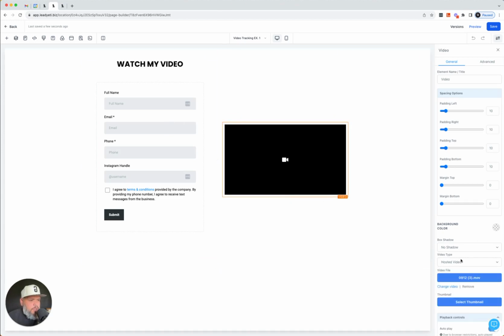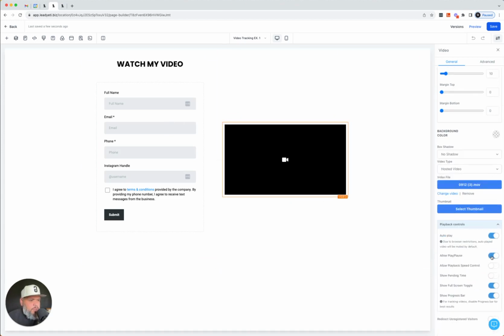The person will land on your funnel page and they'll be instantly able to watch this. Let's click on this. We can give them the ability to autoplay, so the video will automatically start playing. We'll give them the play and pause. Sometimes we even give them a progress bar and so forth. But the goal that we should have is for our prospects to fill out the form,